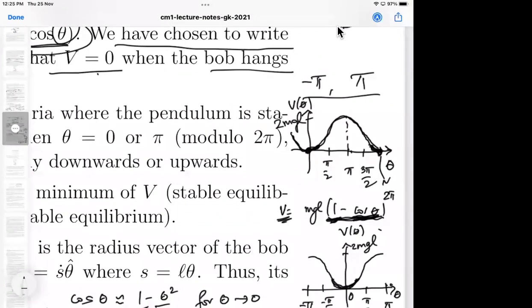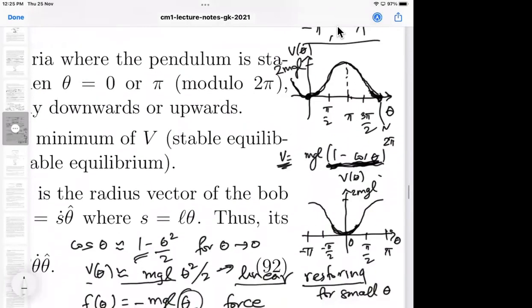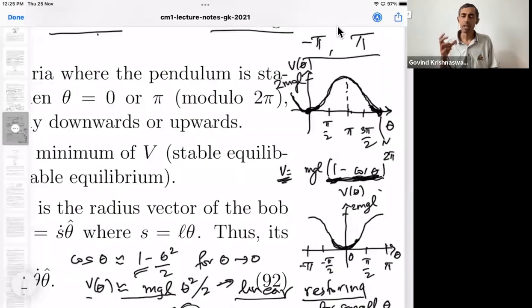So instead of talking about minus pi to pi, we can just talk about 0 to pi only. Like it's equivalent on both sides. You're right. Both are equivalent. Yes, you can use whatever you're comfortable with. For some purposes, certain features are more evident in one formulation than in another. In particular, the shape being parabolic is perhaps a little more evident when you look from minus pi to pi. So for those small reasons, you may prefer one formulation over another, but it doesn't matter. Whatever you're comfortable with, you can. In fact, you should be comfortable with both. Let's put it that way.